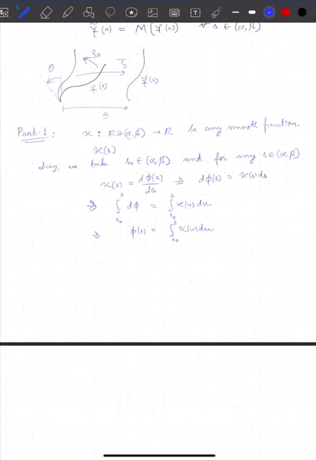So once we have the turning angle phi of S, then the parametrization of the curve is given by gamma vector of S is equal to the integral from S naught to S of cosine phi of t dt, comma